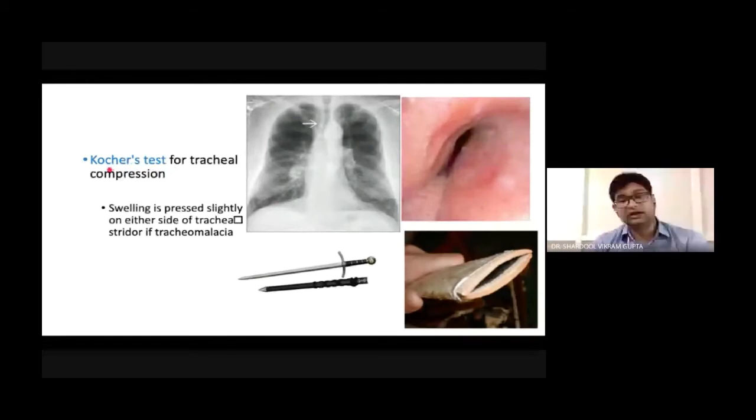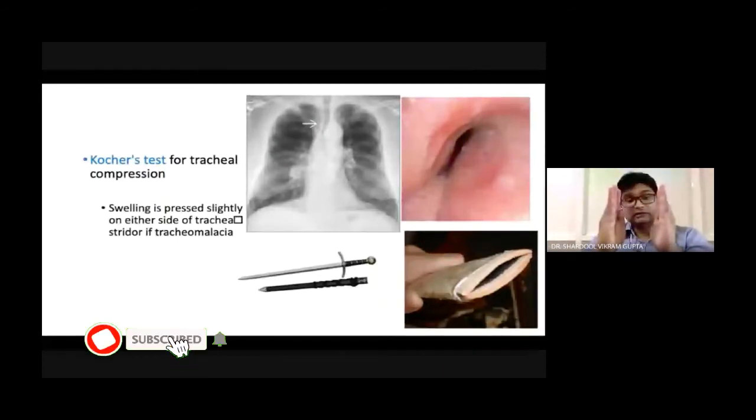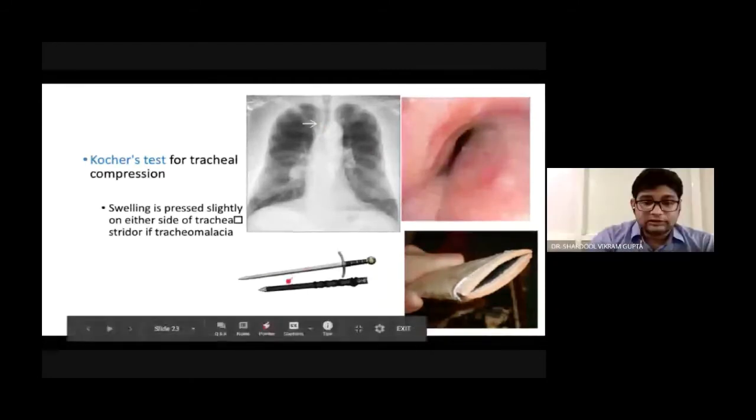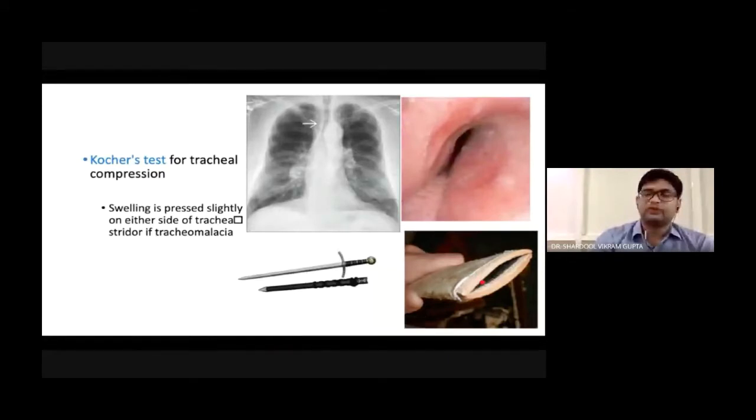What happens in long-standing thyroid swelling is that due to long-standing pressure the trachea gets softened, which is known as tracheomalacia, anteroposteriorly compressed, as you can see in this bronchoscopy image, and the trachea is compressed here. So this is known as scabbard trachea. Scabbard is the sheath of the sword, and as you can see in this image, it is anteroposteriorly compressed. Press the thyroid laterally, then there is accentuation of this anteroposterior compression, and once the patient inhales, there is stridor.